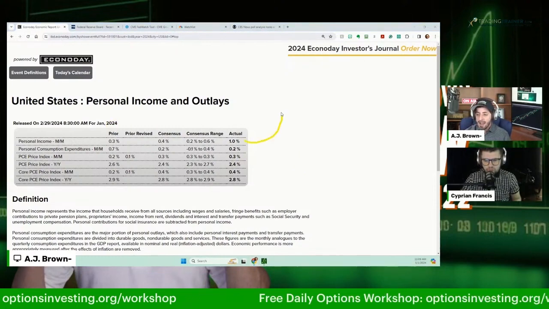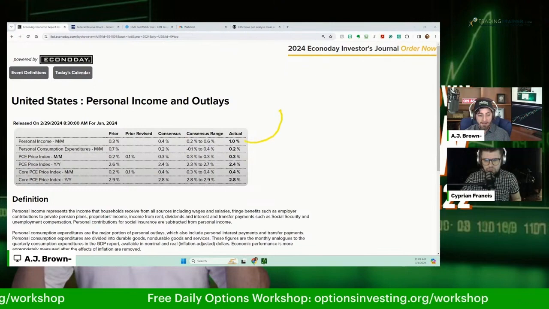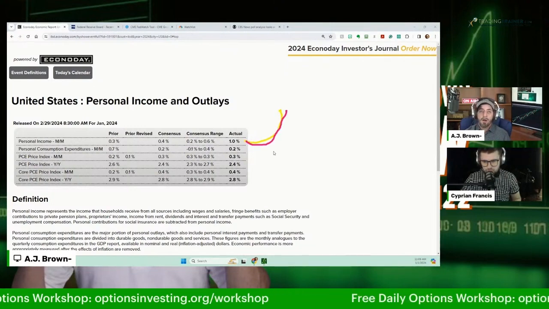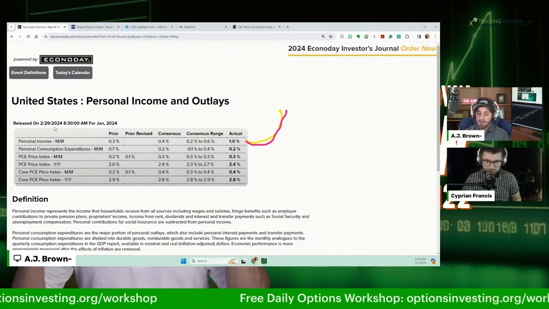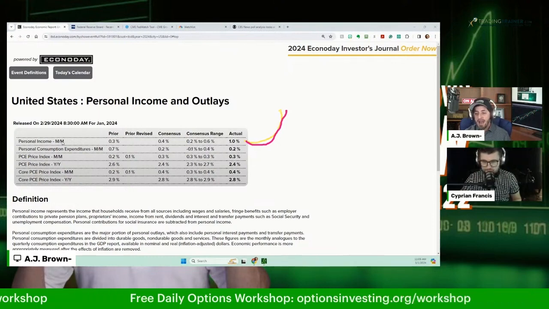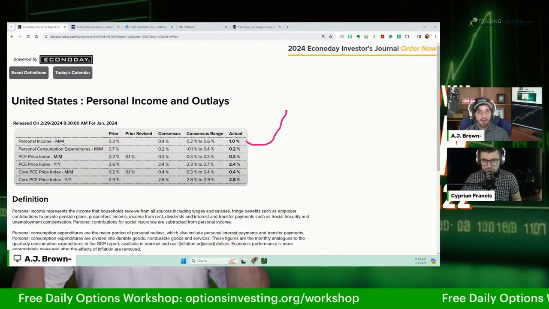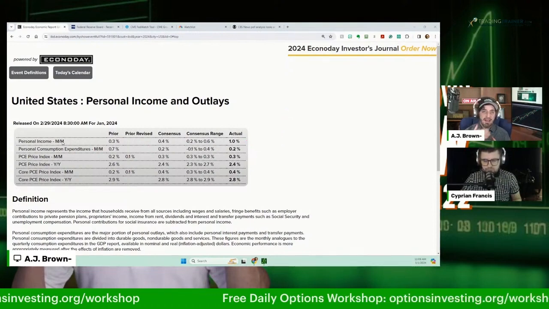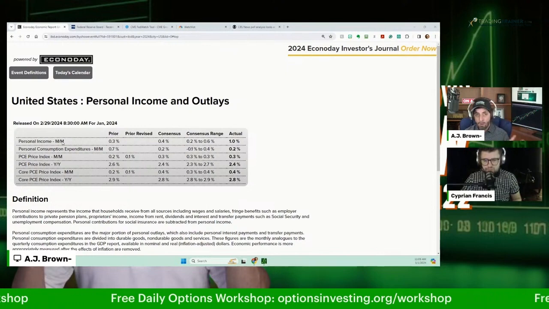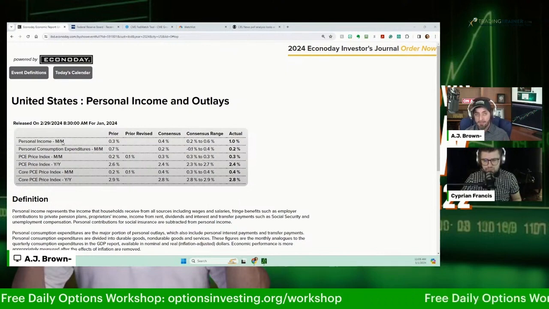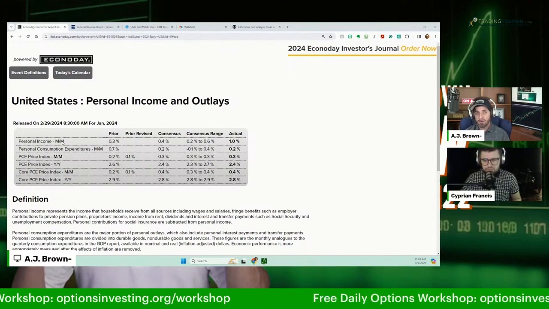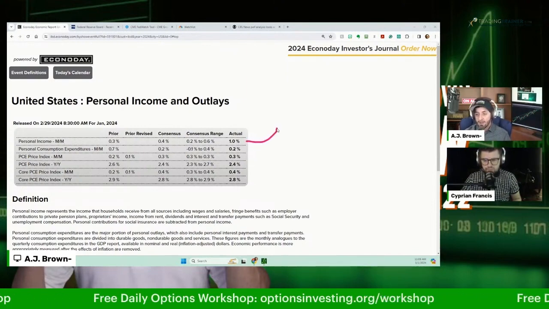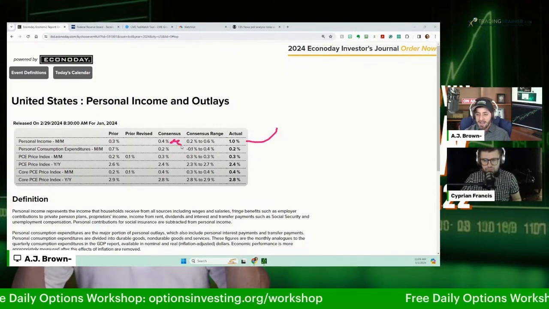And so, as you can see here, if I take a look at these numbers, the first thing you look at are these numbers around income and expense, right? So, income is up 1%. This is month over month. That's not bad, for us to finally see that our incomes are coming in and they are higher than what the prices have been going up for us at the grocery stores and the department stores. That's not a bad thing necessarily, although it was a little bit hotter than expectations.